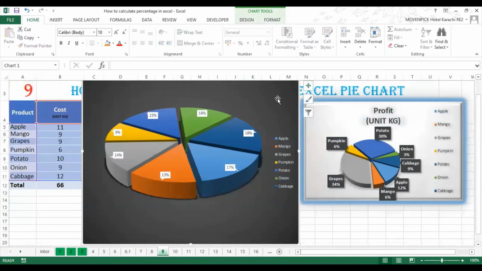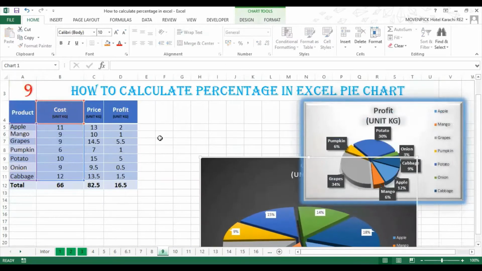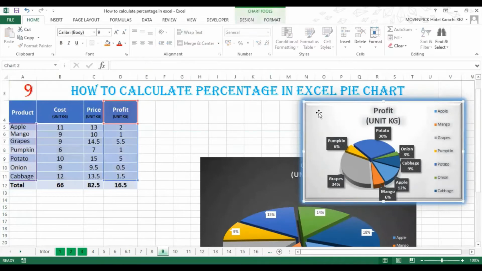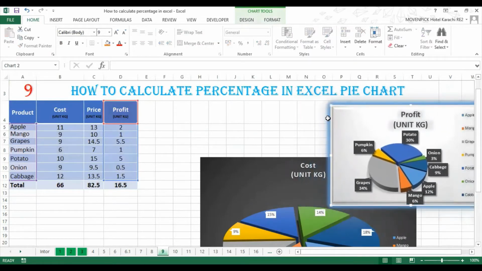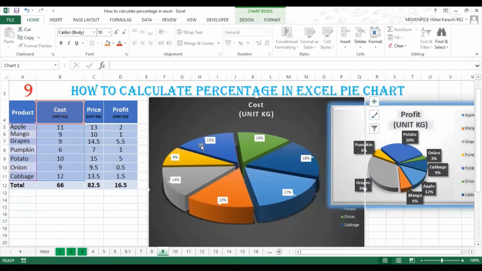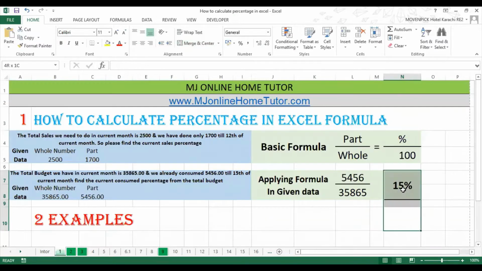And finally, we will discuss the pie chart. We will create the pie chart and discuss how we can create it with the help of numeric data, and we will get the result in percentage on our pie chart. So the result will be in the percentage format, but the data we will have is numeric. No, we will not calculate the percentage over here in the Excel sheet. We will just get the result in the percentage format.